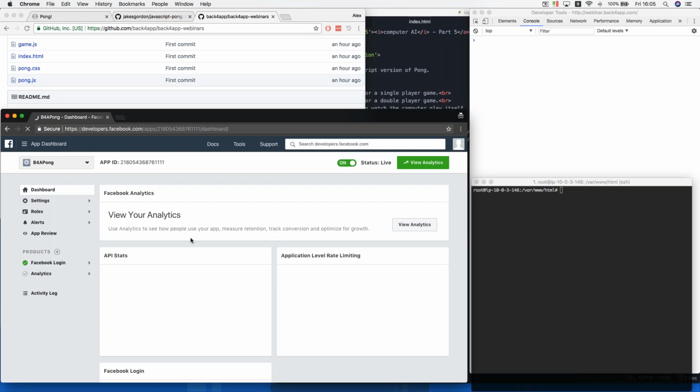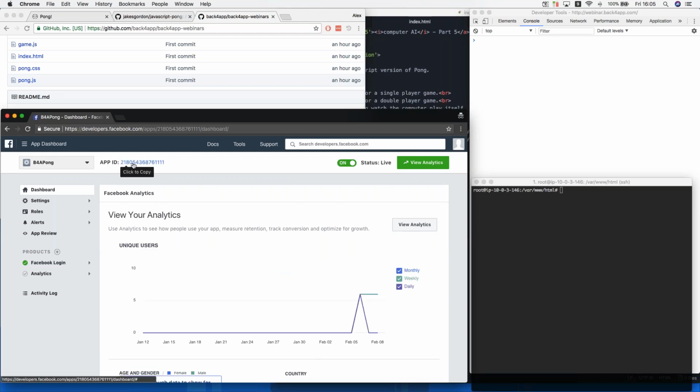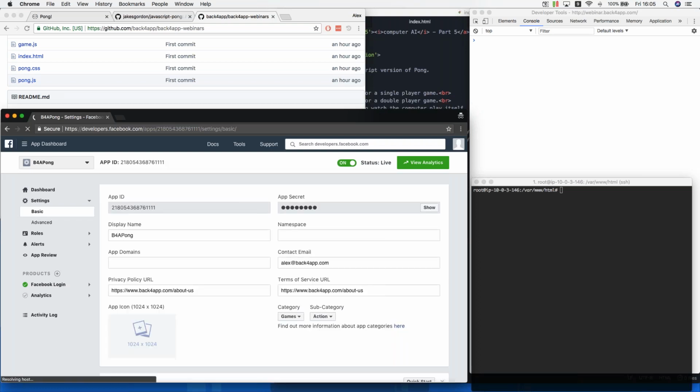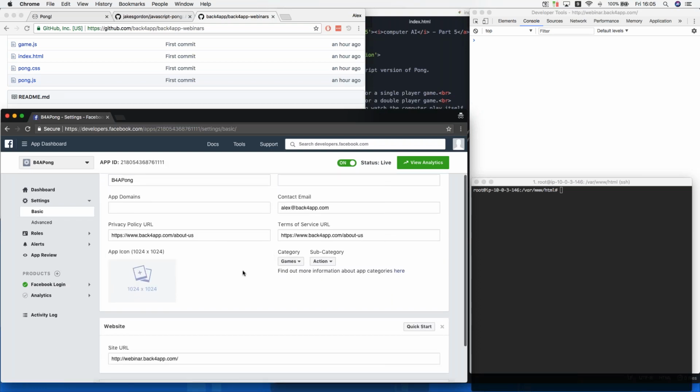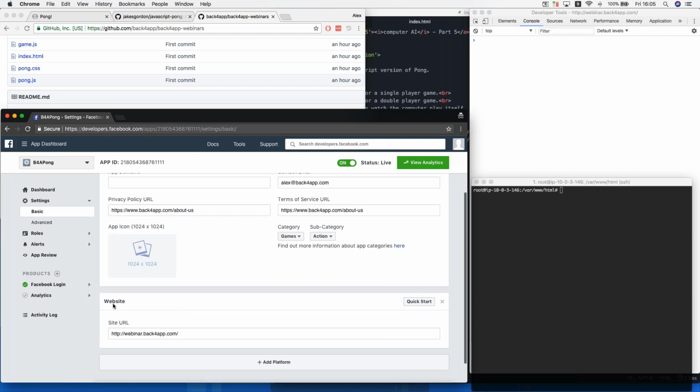Things we're going to need here. The app ID, this is very important. Parse is going to need this ID in order to communicate with this app and Facebook. Also, here in settings and basic, there are a few things you have to fill up in order for it to work, but mostly is the